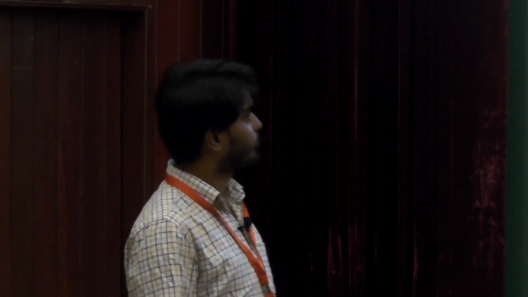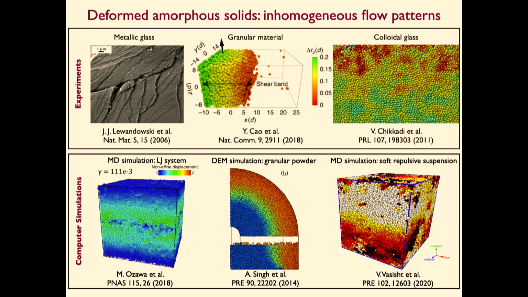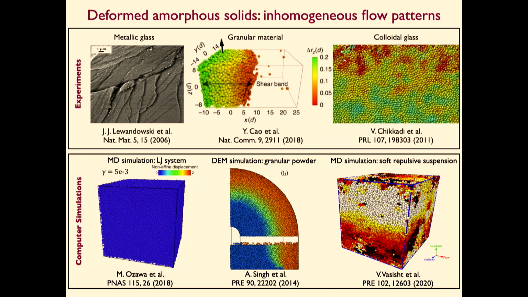There have been a couple of talks in the last 3 days where people have already talked about various sorts of deformation of amorphous solids and their response. One thing that is very common in all these sorts of deformation is inhomogeneous flow patterns. As you can see here, when such a material, for example this metallic glass, is deformed, there emerge some inhomogeneous flow patterns, and you